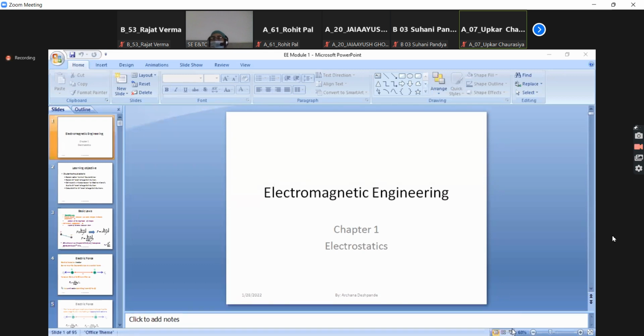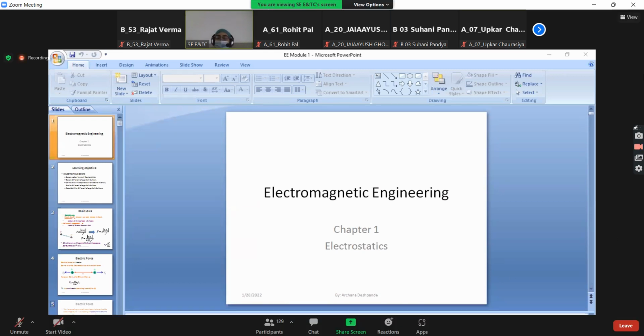So first fundamental law of electrostatics